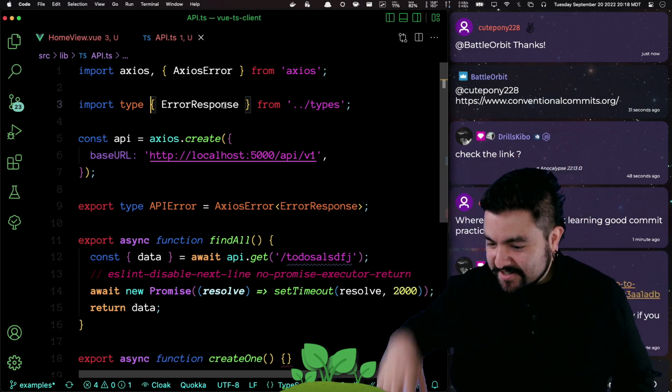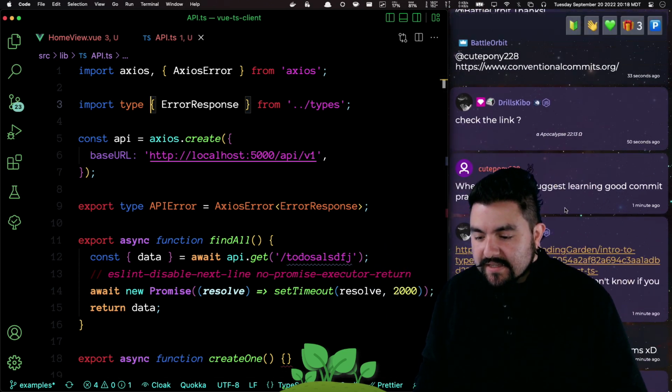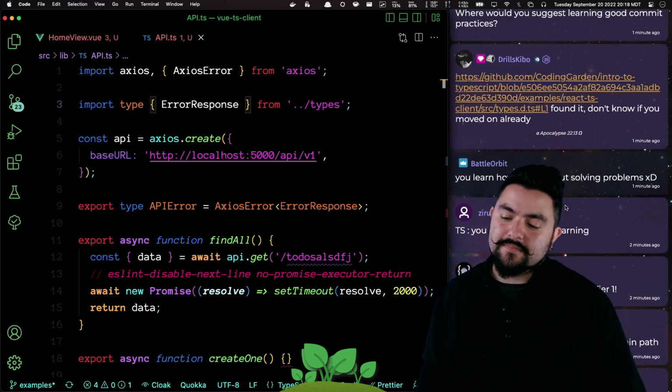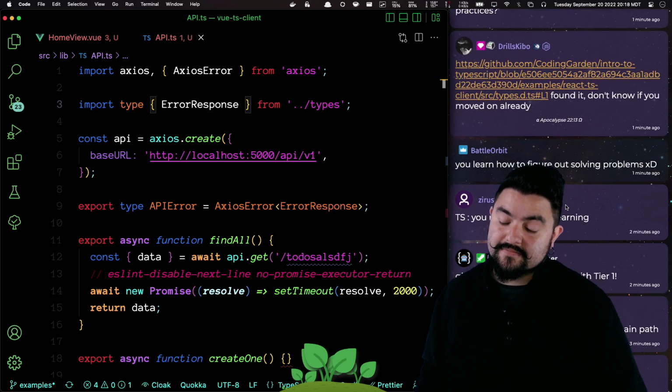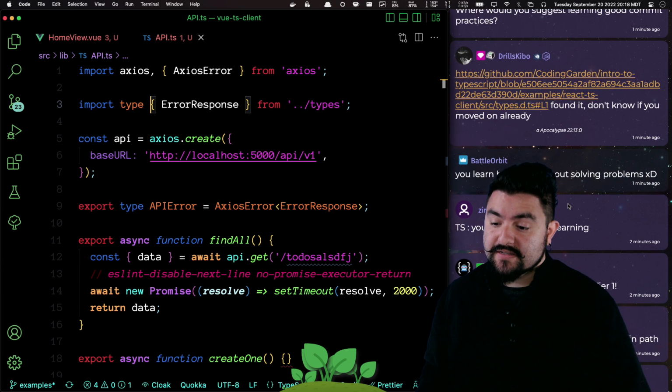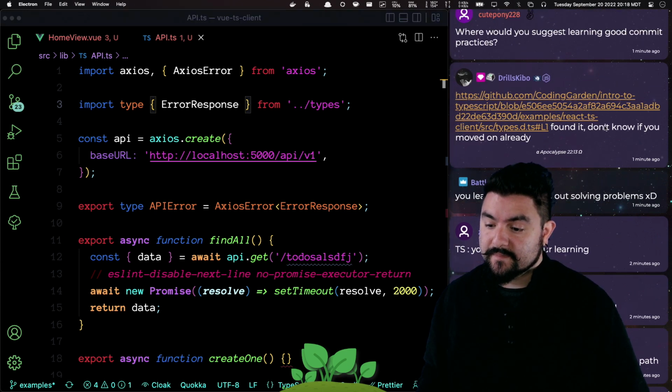Where would I suggest learning good commit practices? I don't have a good resource for you. I mean, I learned by being on a team, and also by teaching GitHub to students. But